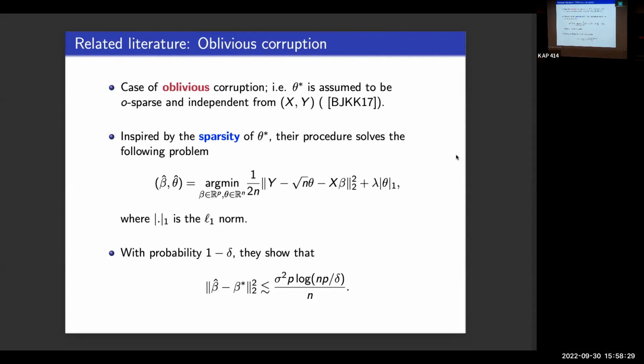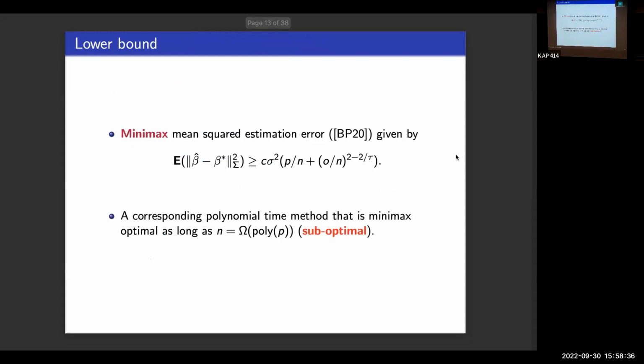Remember, our model is more general. This alone is not enough for what we're trying to do. Okay, as for the lower bounds under our model, there is a paper where they have a lower bound, but we had to do it again with stats because their lower bound was not exactly our setup, but it's something similar. It turns out that the right dependence under adversarial contamination is over n to a power that depends on the tail: 2 minus 2 over tau.